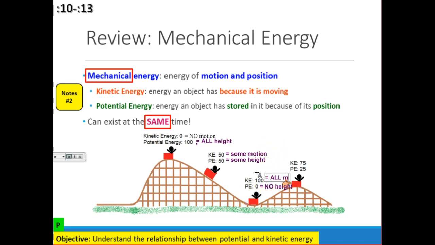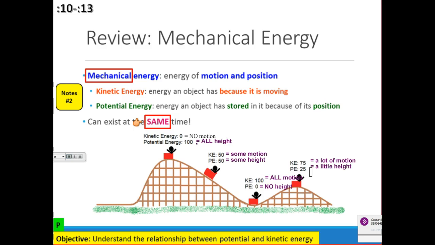And then back up the hill again, and so it's got some position, still moving, so it's got kinetic and potential energy. And so we know, and this is the second part of our notes, we know these can exist at the same time. So I see 8 of you have given me your check marks telling me that you've got your notes number 2 with mechanical and same being put in your fill in the blanks. So I need everybody's. If you would please green check mark once you've saved number 2. So I need Sienna's and Lawrence and Hannah and Chanel and Cassandra and Arissa and Brian and Antoine and Angelina. Need your green check marks, please.